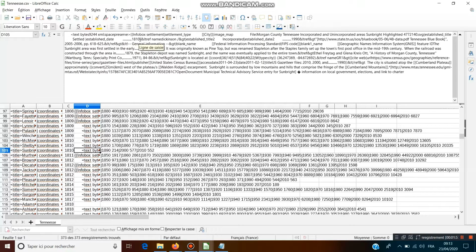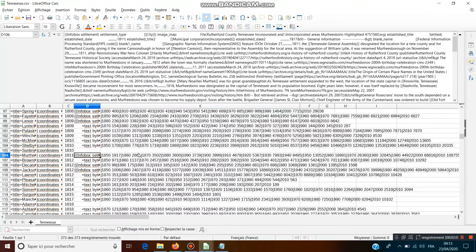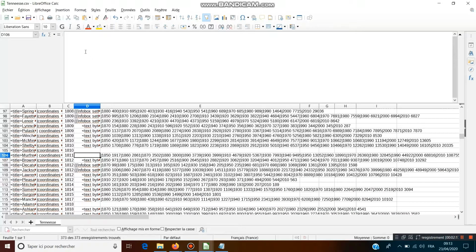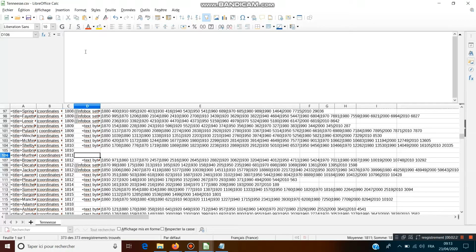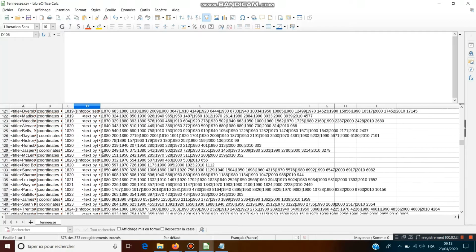Like here, established in the 19th century, okay, established in 1811. It was renamed in 1811. So we don't have to change it; we look for the true year.